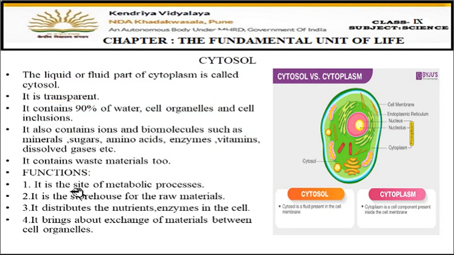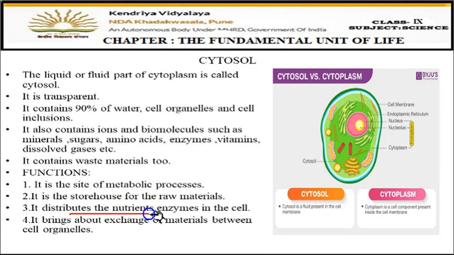Now let us discuss the functions. It is the site of metabolic processes. Metabolic means all the reactions which occur in the cell are actually happening in the cytosol. Then it is the storehouse for many raw materials, many proteins, amino acids, enzymes. You can see here all the molecules are present in the cytoplasm, and they all are the raw materials